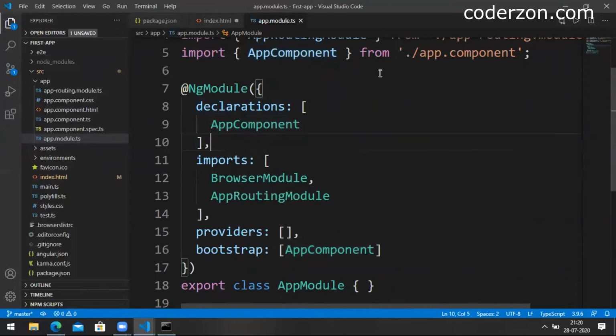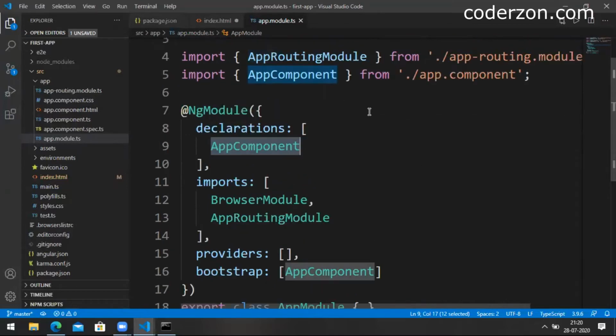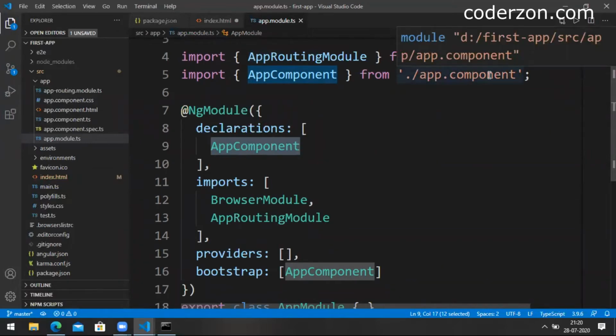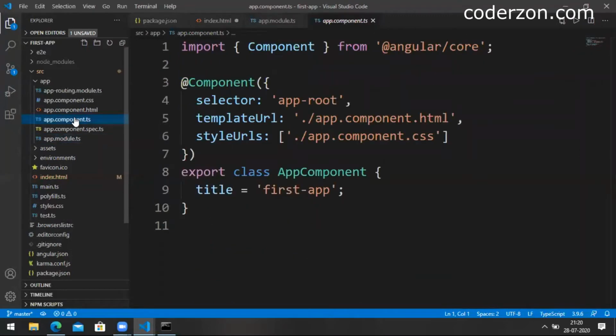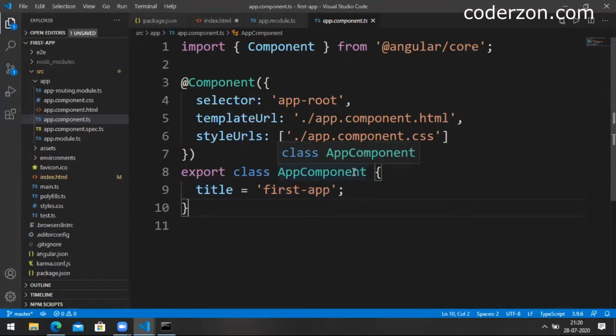Now here we have mentioned that there is a component called AppComponent. So what is this AppComponent? This AppComponent is from the app.component.ts TypeScript file. There is a file here, you can see app.component.ts. Here we can see a TypeScript file, class AppComponent, title equal to first-app, correct? And here